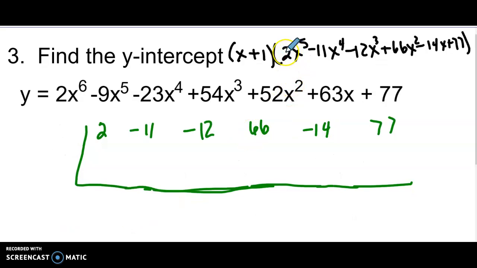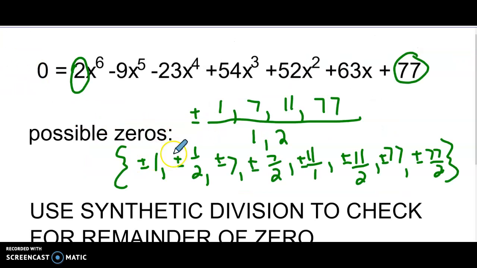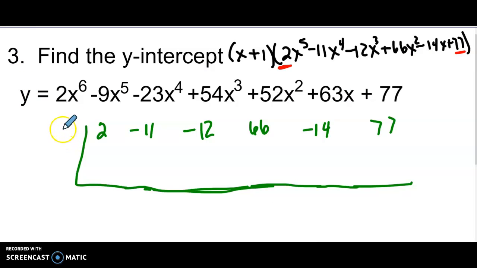Okay, so now I'm going to use these coefficients, 2, -11, -12, 66, -14, and 77. Notice we'll still have the same things to try because I still have factors of 77 divided by factors of 2. So I'm still looking at this list of things to try, okay? And so I would try maybe a half and -1/2, 7 and -7, etc. Okay? I happen to know that 11 halves works, so I'm just going to get to there, in the